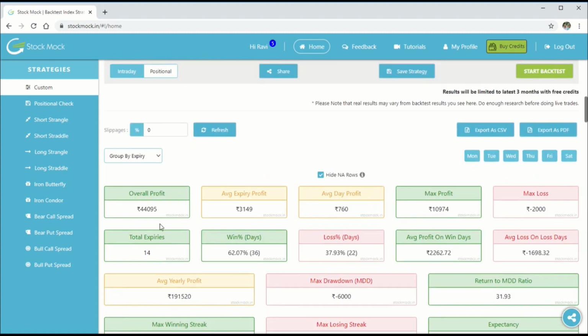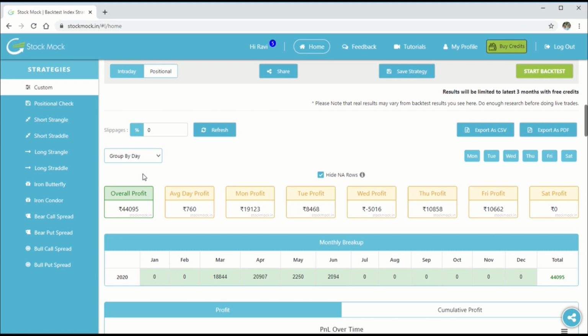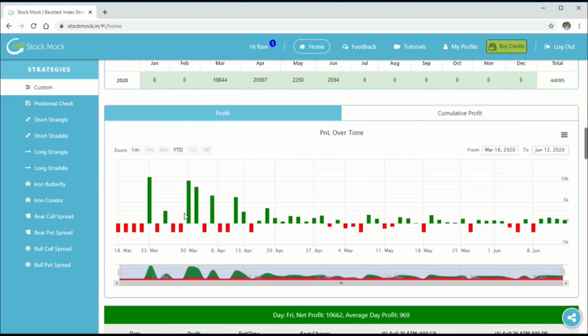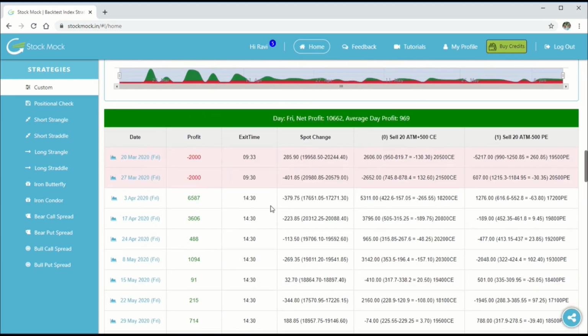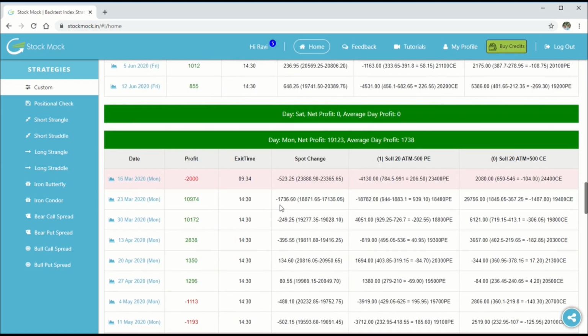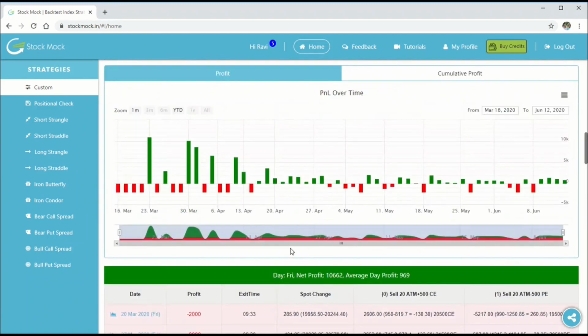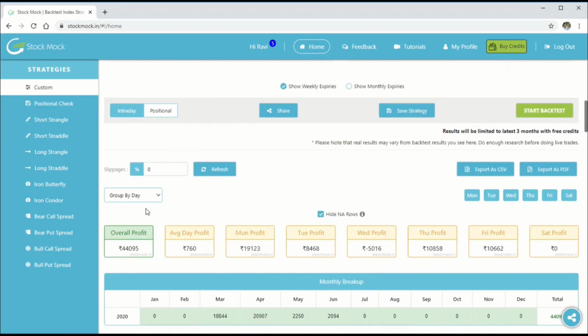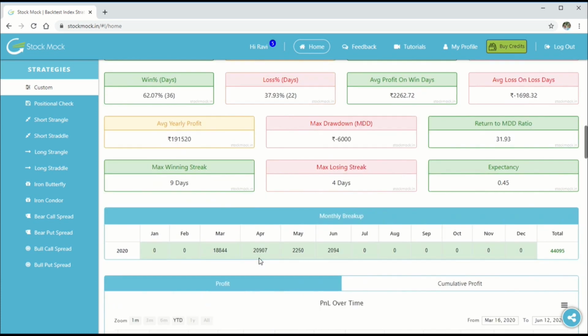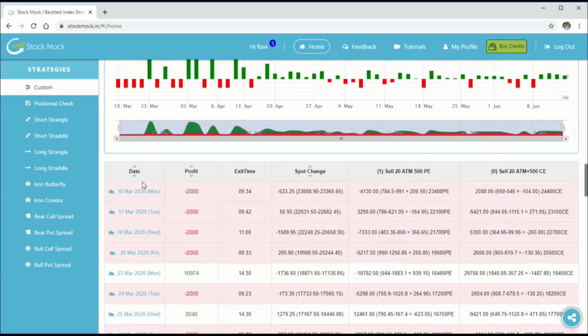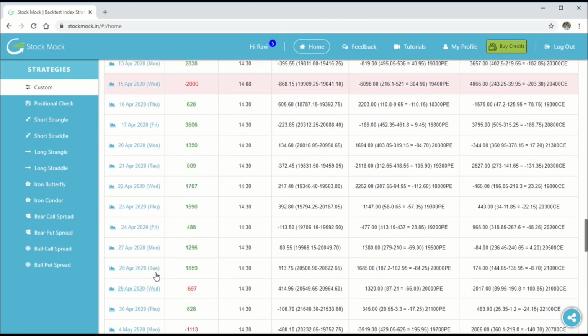And you can group by day. What are the different profit and loss on Friday, what it is on Monday, what it is on Tuesday, etc. And similarly, you can group by date, where it is grouped by individual dates.